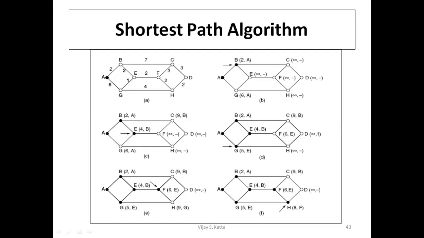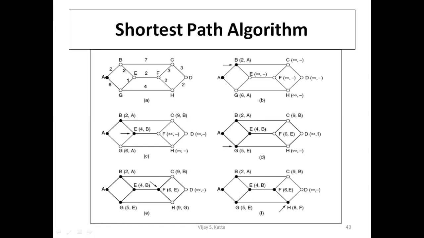Now to choose a shortest path, first A will identify the nearest router node. The weight of B is 2, and the other node's weight is 6, so A will choose the shortest path, that is B. When the packet arrives at B, its weight will be 2 comma A. Similarly, the other is 6 comma A. Although the packet has not arrived there, this weight is assigned during the selection of the router.